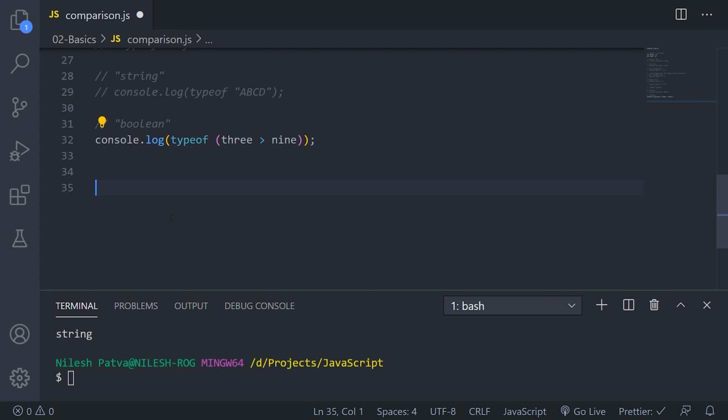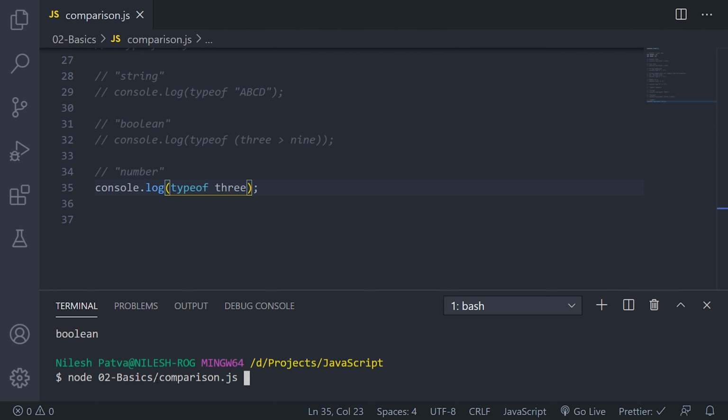Let me first save this and run it. It is giving me boolean. As we know, this returns a false value. Let's see another example of typeof. Let's log typeof 3. It is giving me number.